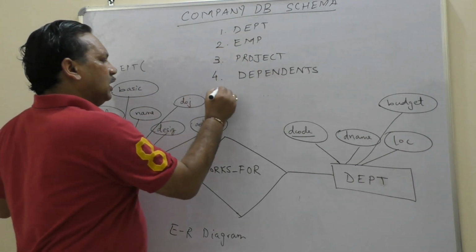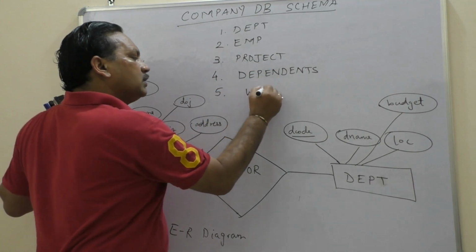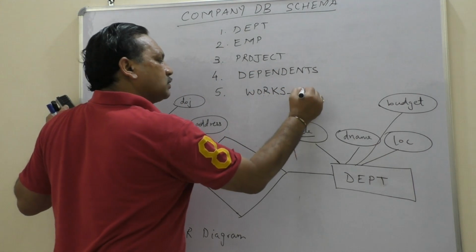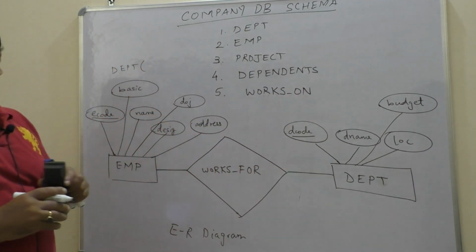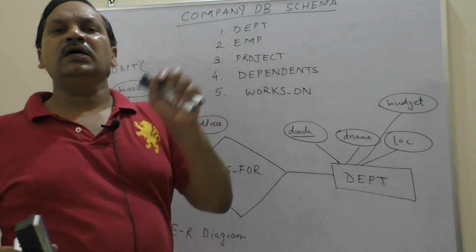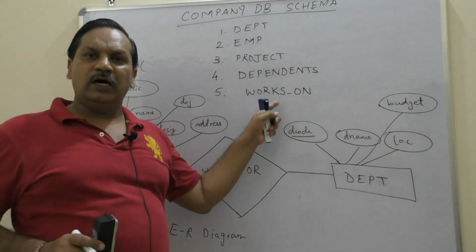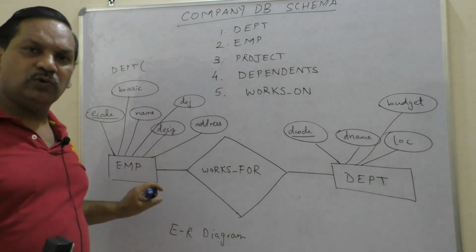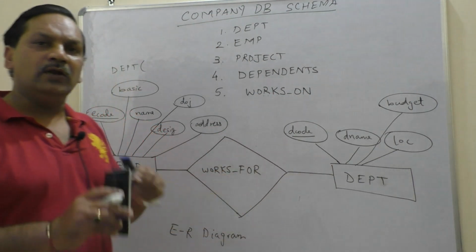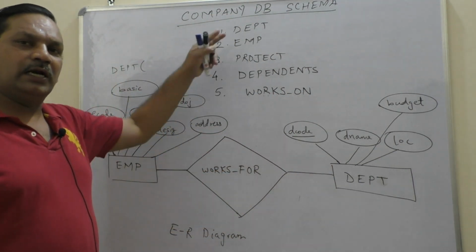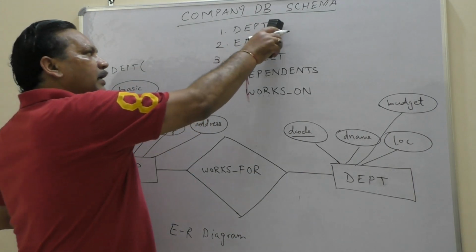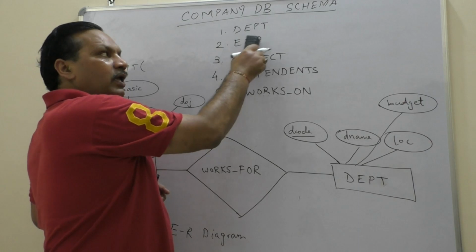Then there could be another table telling you details of which employee works on which project of the company. Works on means which employee is working on which project of the company. Are you getting it? So these are the different tables or entities, as here I have shown you only two. Clear? In due course of time I will be showing every entity and the relationship among these tables. Okay. So department is an entity set, employee is an entity set.